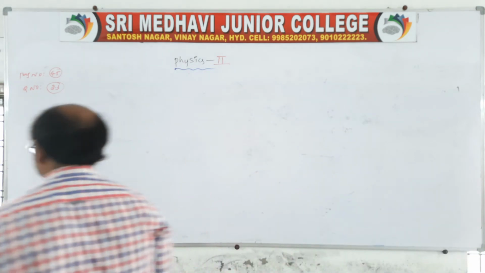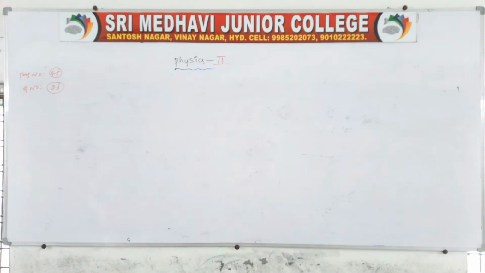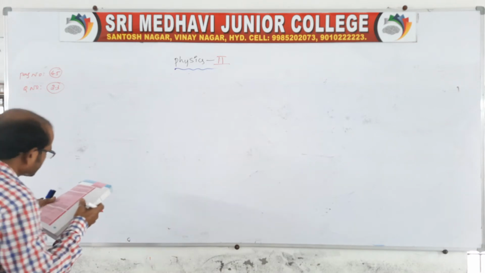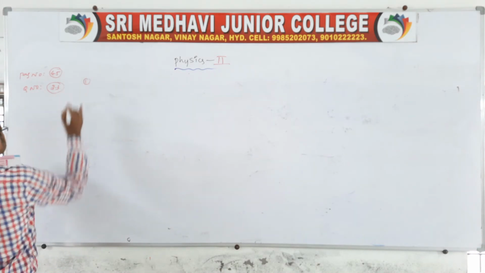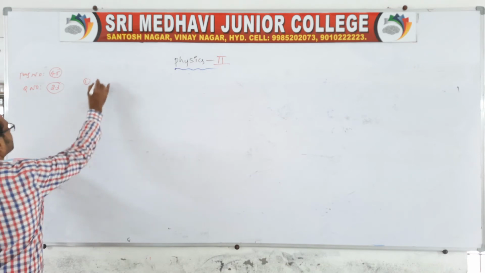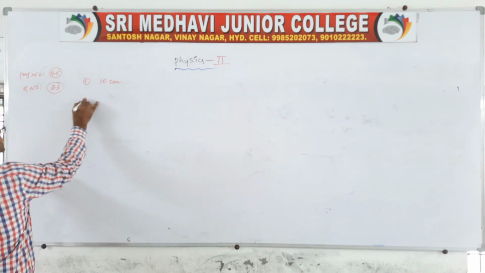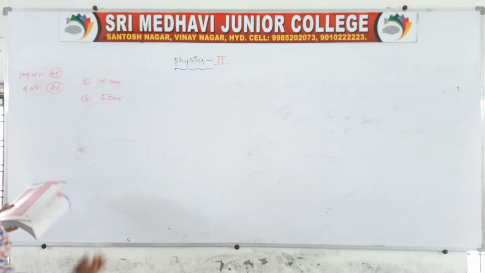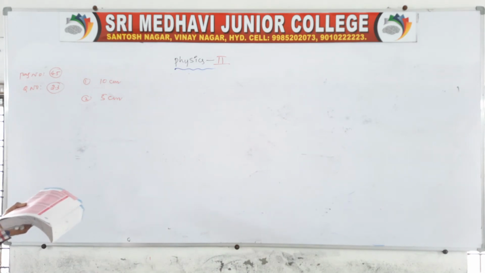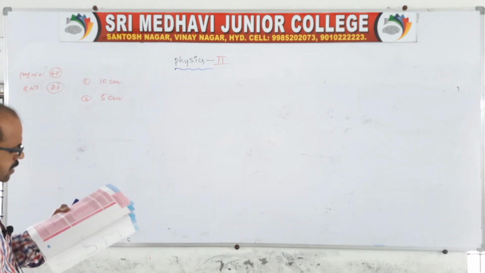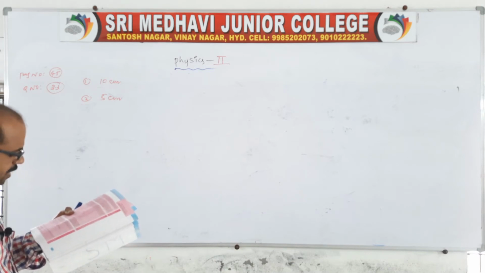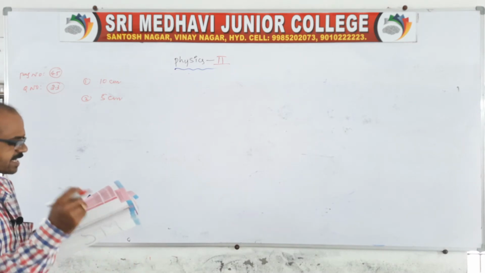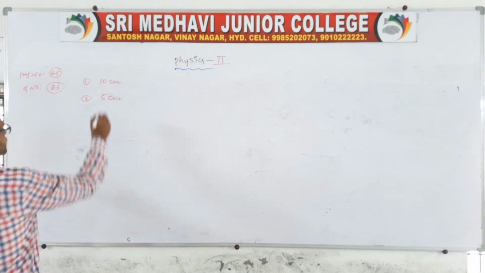This is a beautiful question because everything is there in it. An object is placed in front of a mirror. In the first case, the object distance is given as 10 centimeters; in the second, it is 5 centimeters. He is asking us to use the object distance to find the image distance, as well as the nature and position of the image, first for the first case.